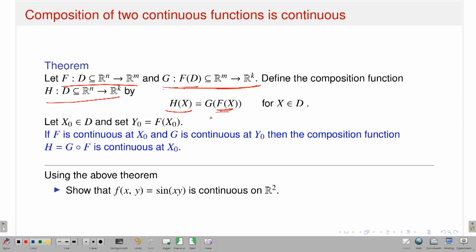So therefore g makes sense. So therefore g of f, g acting on f of x, makes sense. So therefore h makes sense, and this is called the composition of functions. Now what I am saying is that we start with a point x naught belongs to